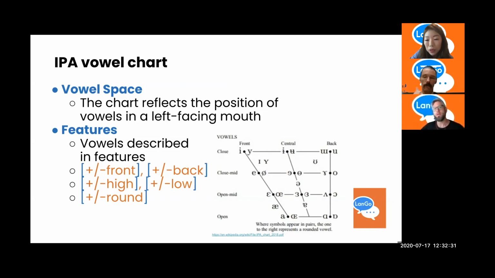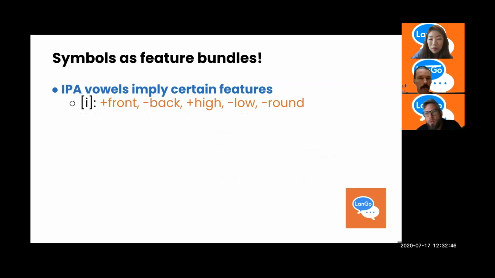But you made a good point too, that it's also on a gradient, and a lot of people's actual vowel spaces can look very different from this, right? It can be more contracted, or certain vowels can be in different positions. And some vowels seem to overlap in their vowel space. We were talking about vowel space and we had it on the slide, but we didn't really define it so much for those that aren't watching.